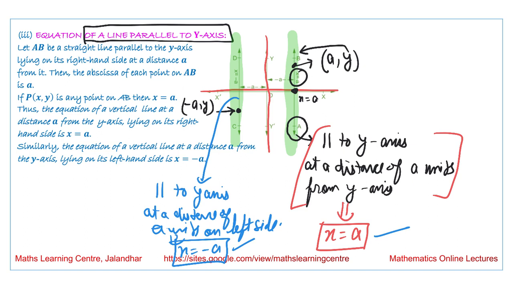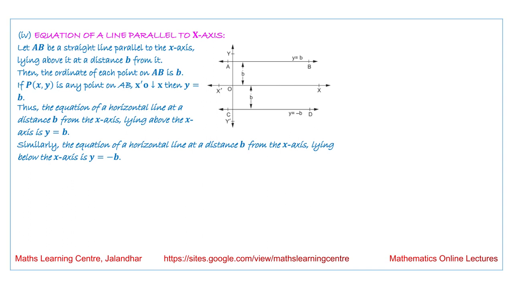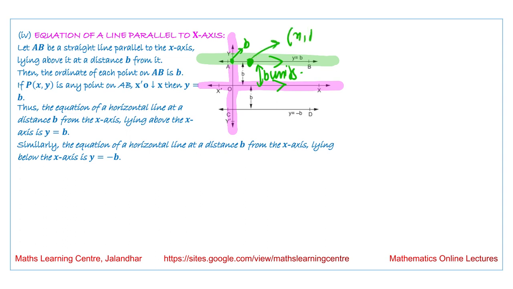Similarly, when we are talking about the line, this is the x axis over here, this is the y axis over here. We are talking about two lines. One is this line, which is parallel to the x axis and at a distance of b units from the x axis. If we consider any point over here, it is b, it is fixed. So, any point on this line is of the form x comma b. So, the equation of this line is y is equal to b, this is above